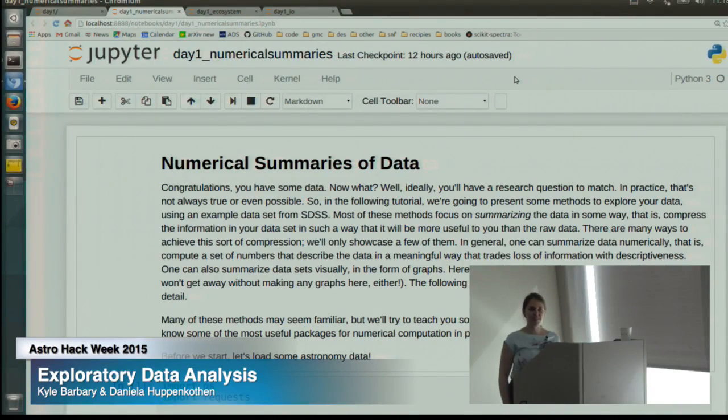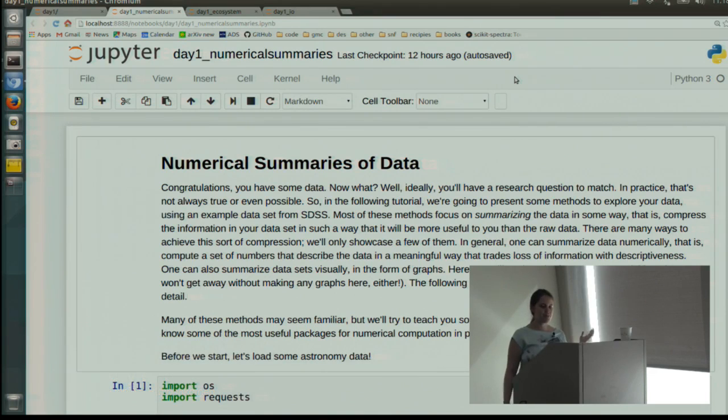Cool. Okay, so the second part of this morning is called Exploratory Data Analysis. So I sat down and thought about, if I have some data, what can I do with it? What should I do with it? And especially in the case of exploratory data,